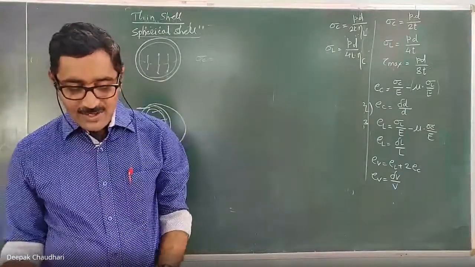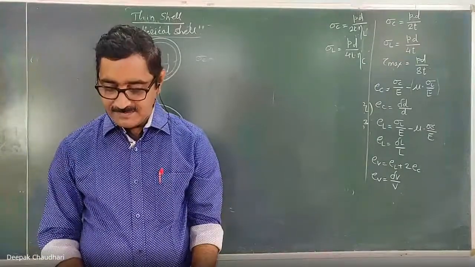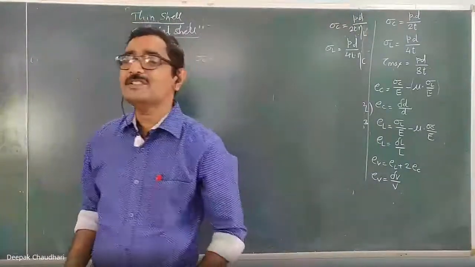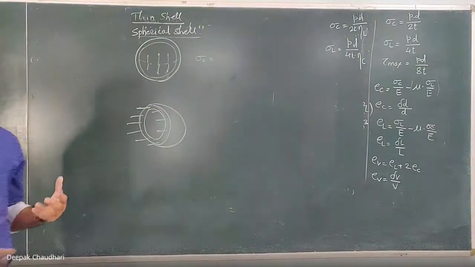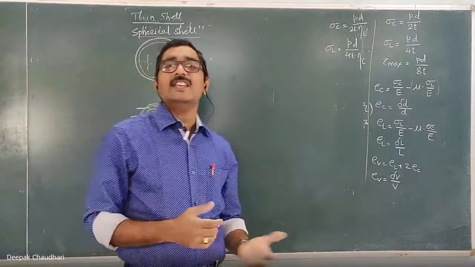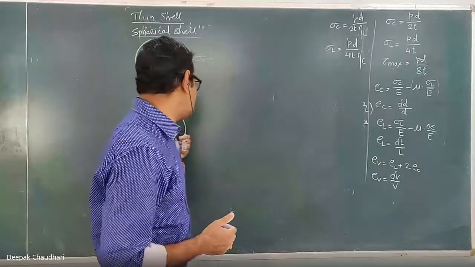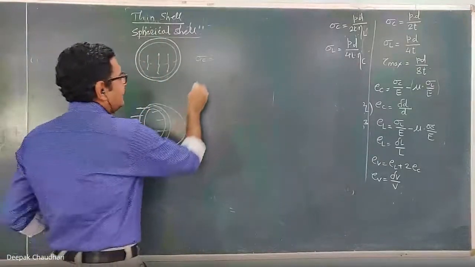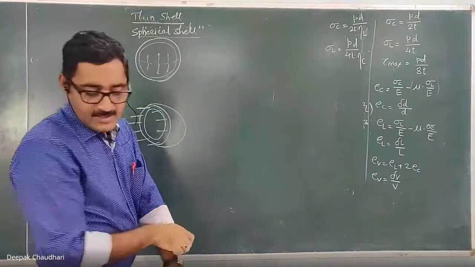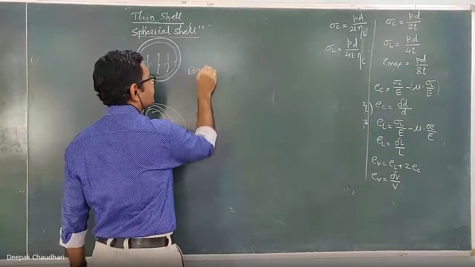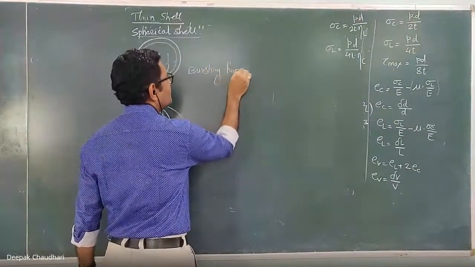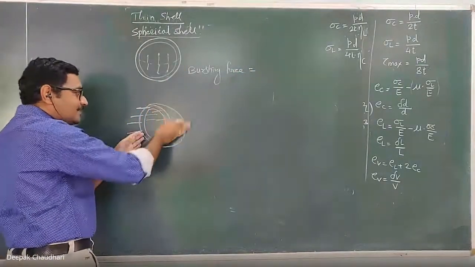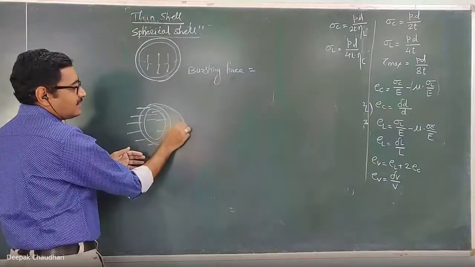But how do we calculate that circumferential stress in a spherical shell? The procedure is the same. If you remember, for the cylindrical shell we first calculated the bursting force. Then in equilibrium, that bursting force because of the pressure is equal to the resisting force developed in the shell. Then we calculated the stress. So in this case, how much is the bursting force because of the pressure? Pressure is acting like this. Actually the pressure is acting on this curved surface.